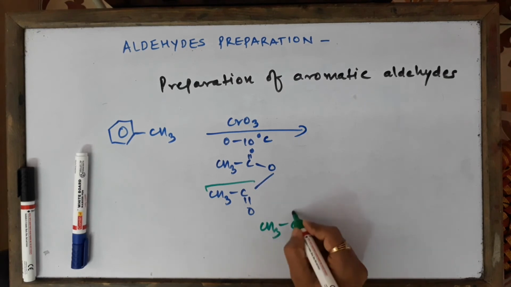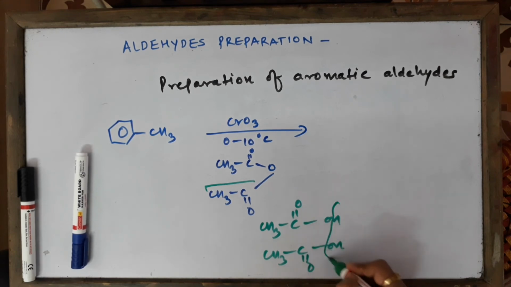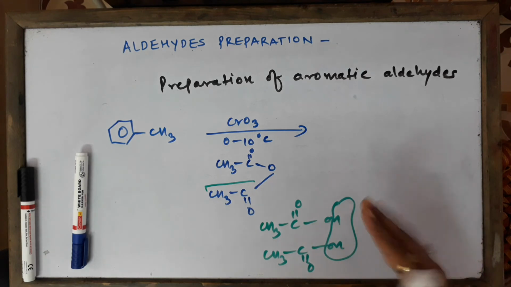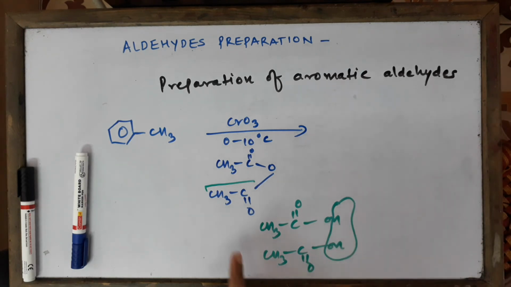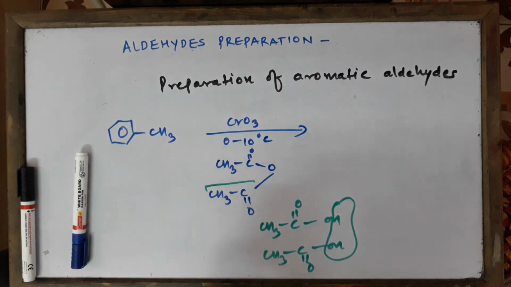So how do we get acetic anhydride? We all are aware of it, okay. Just have a look at it quickly. If I take two acids, I'll just remove the water from here. Two acids minus H2O is equal to acid anhydride. Two carboxylic acids minus water will give you acid anhydride. So this is my anhydride which I have drawn over here. I'm going to carry out the reaction now.